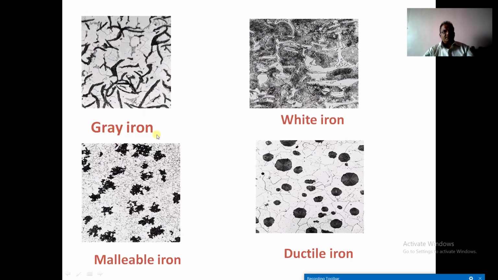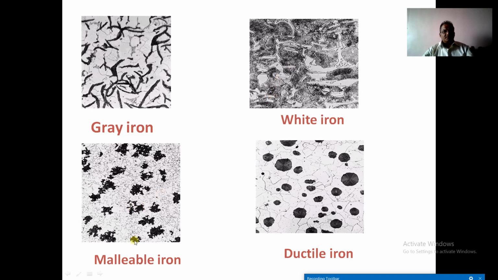Suppose we are observing here grey iron or grey cast iron. You are observing the graphite flakes. Carbon is in free form. In white cast iron, you are observing these white spots. These are made up of cementite. The chemical formula for the same is Fe3C. It is very hard and brittle. Even the hardness is around 1300 Brinell hardness number.